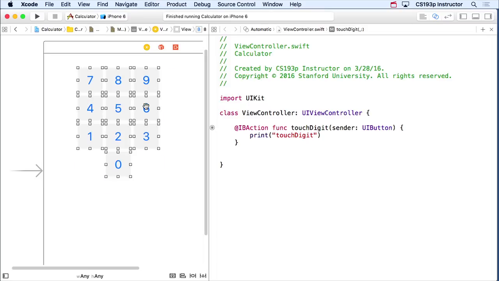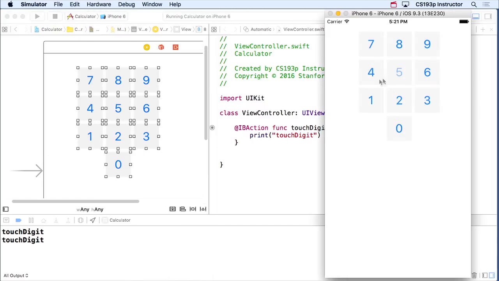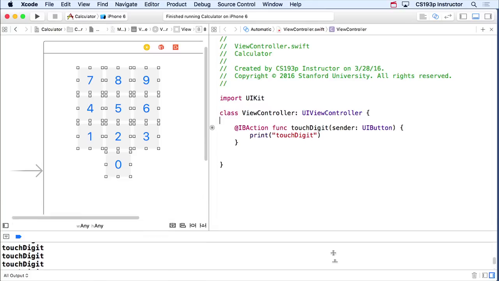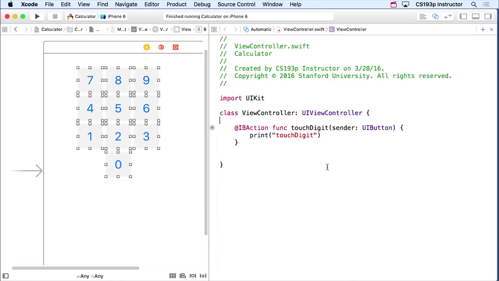And now we can run. And we'll notice that all of these buttons are sending touch digit, you see? So they're all sending touch digit, which is good. That's kind of nice. We can also tell they're all sending it with this little circle. Watch what happens when I mouse over, you see? It's selecting them all to say they're all sending this. But we really want to know which one is sending it. So we're going to have to look at this sender argument to see which button is sending us this